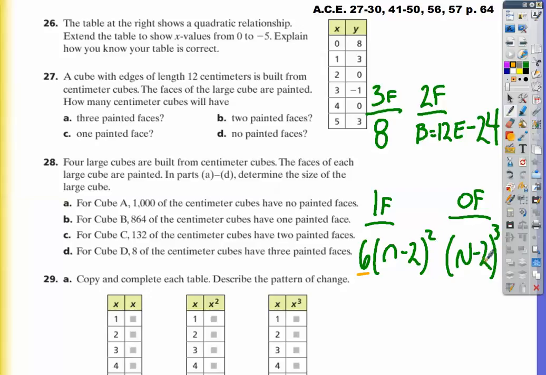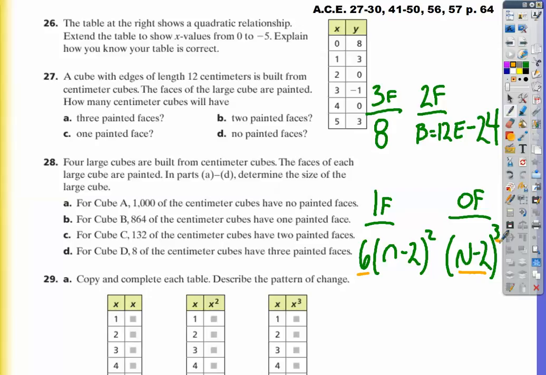And then we had 0 faces painted, and we noticed there's just a smaller cube. Therefore, n minus 2 is the edge length to the 3rd power, the length, width, and height. So